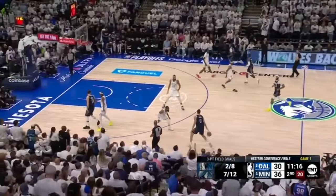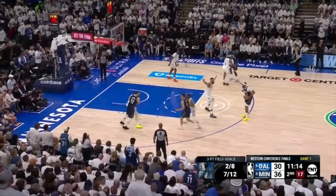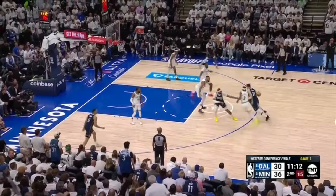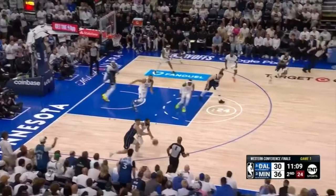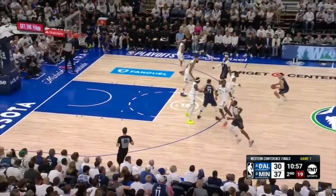Minnesota was aggressive against this zoom action. Naz Reid is aggressive in the gap, and the strong side is handled 2, with 1 in addition to Gobert playing up. Doncic tries to draw the low defender by using a no-look pass to Exum in the corner, 2, but Conley reads it. With Gobert playing up more in ball screen coverage, Dallas has a great counter by featuring